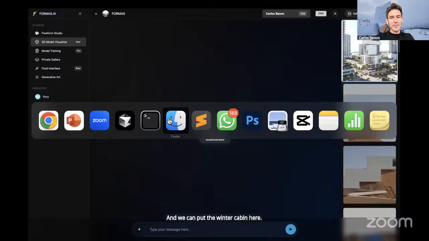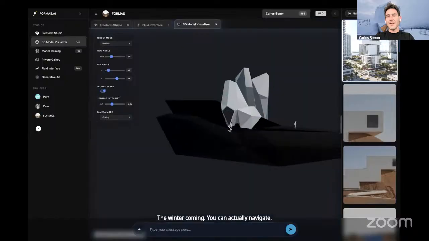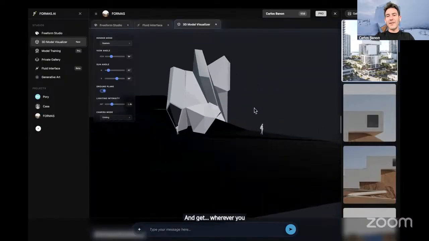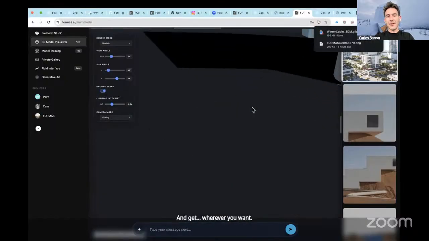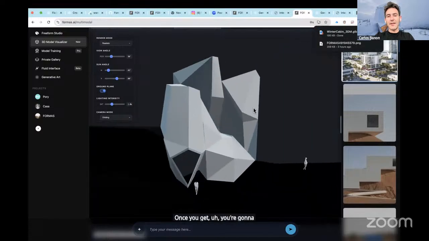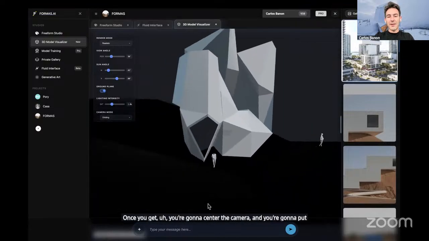So the winter cabin, you can actually navigate and get wherever you want. And once you get there, you're going to center the camera and put in your prompt. This is going to be something simple.